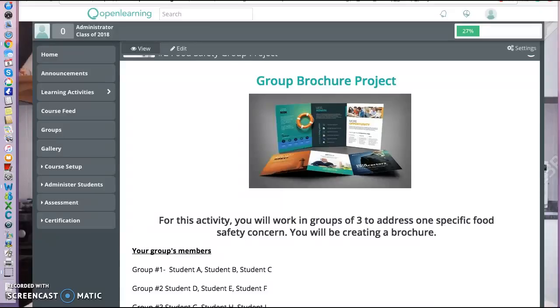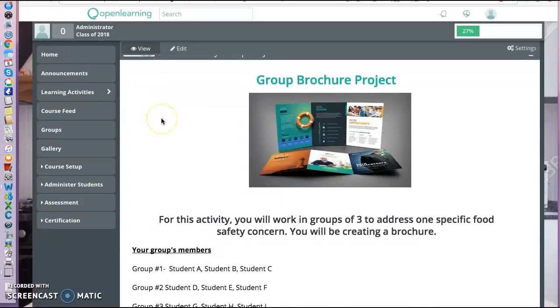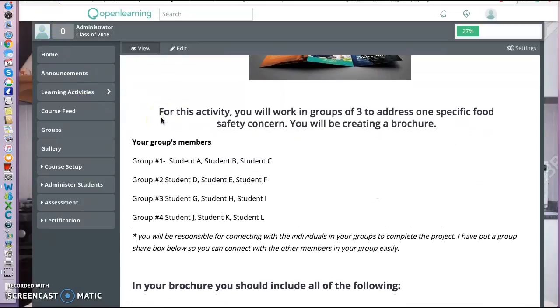This week you guys are required to do a group project and you will be creating a brochure. Brochures are really great because they give the reader insight into a specific topic, or in your case you're going to be discussing a safety concern, and then you have some graphics and some text to support what you're talking about. So if you scroll down on this page, you're going to see your group members. Just take a look at the group numbers and then you'll find your name next to it as well